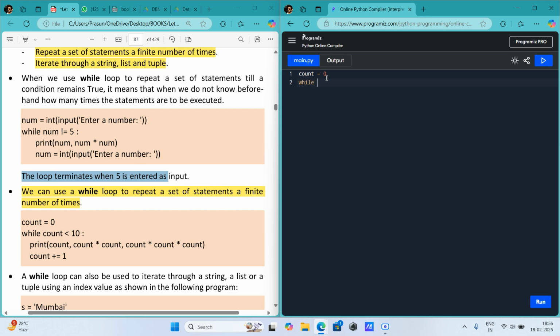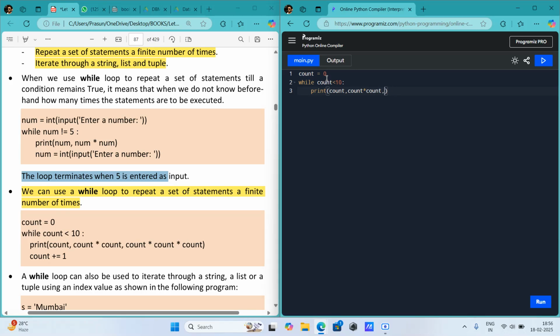Now while count is less than 10, note it, while count is less than 10, not less or equal to, then print the count, then print count multiplies count,